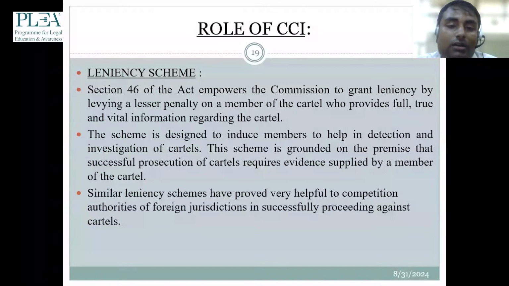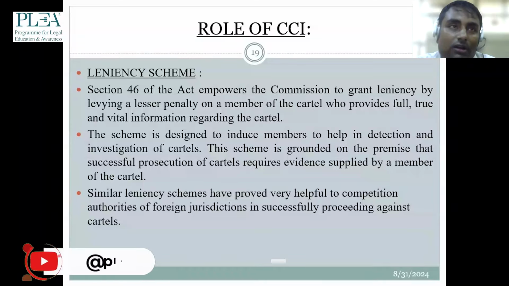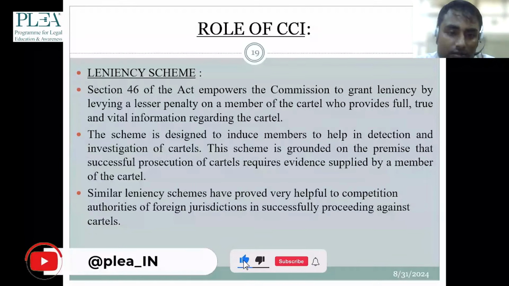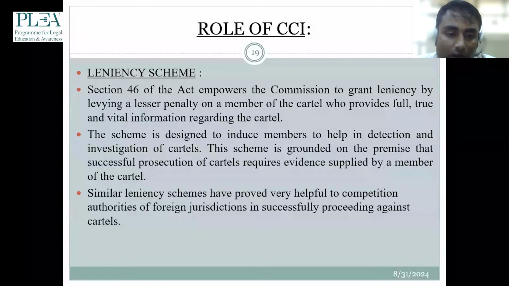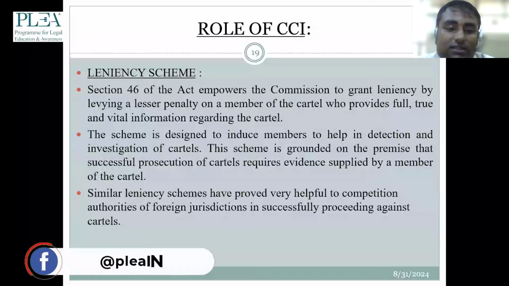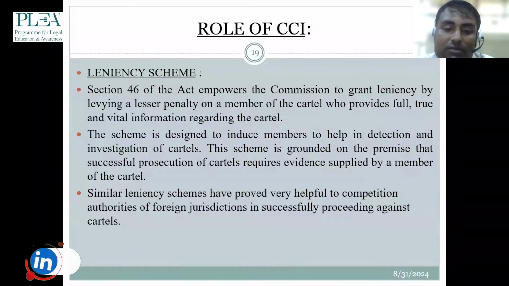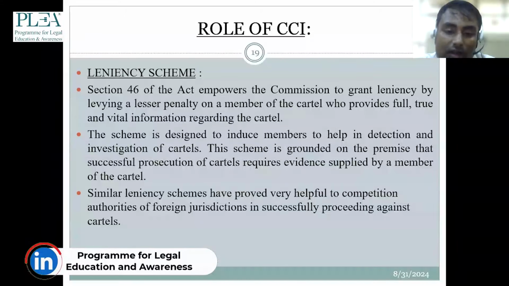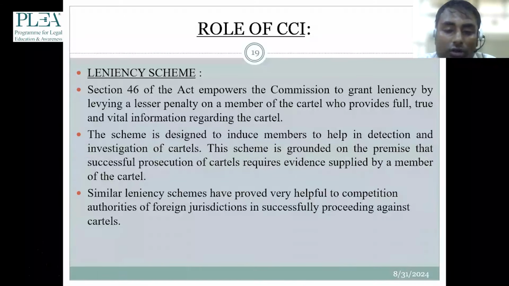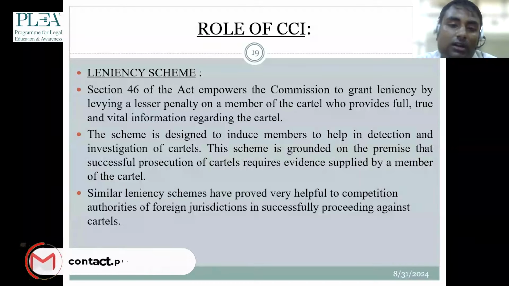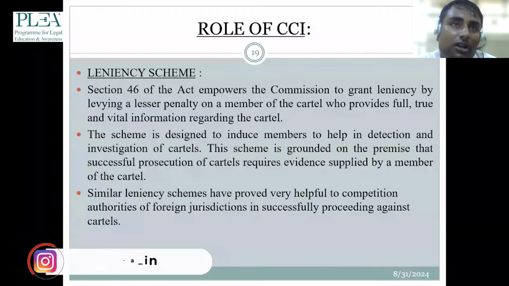cartel. So it is like an acceptance of guilt, when a particular member of the cartel can confess that yes, there was a cartel and I was an active or passive member, I had involvement in it. This scheme is grounded on the premise that cartels should be prosecuted. Similar leniency schemes have proved helpful to competition authorities of foreign jurisdictions in successfully proceeding against cartels. So it is also applicable to the foreign market and to provisions such as international commercial arbitration,